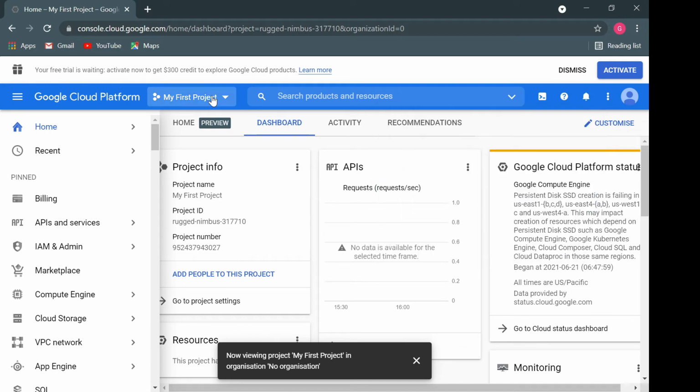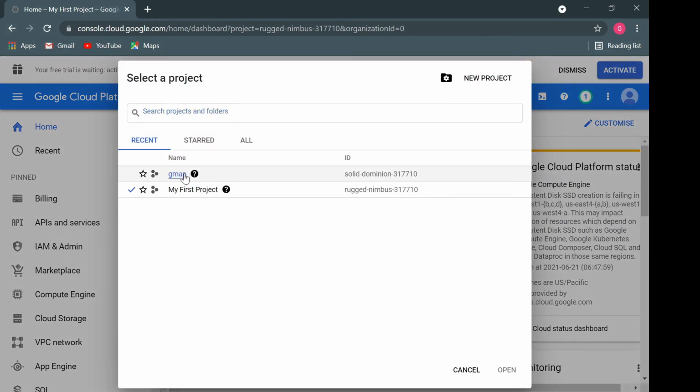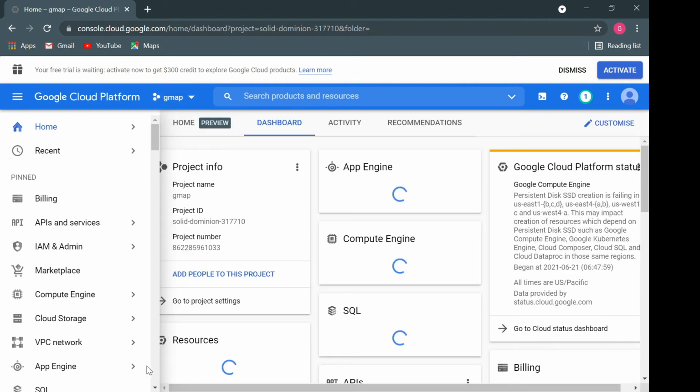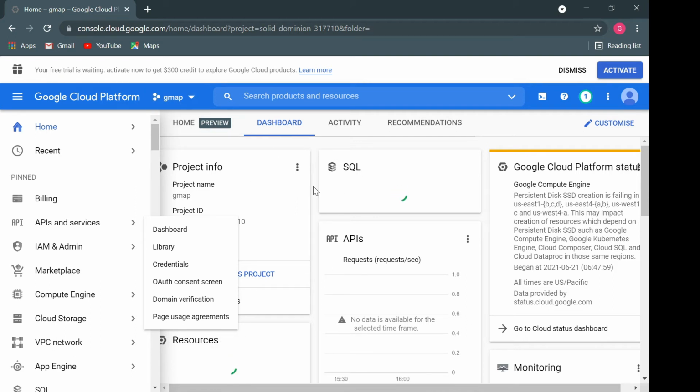Once it is created, you just have to click on that project. So now your dashboard is all about this Gmap, that whatever activity you will do, it will be stored in this Gmap project.